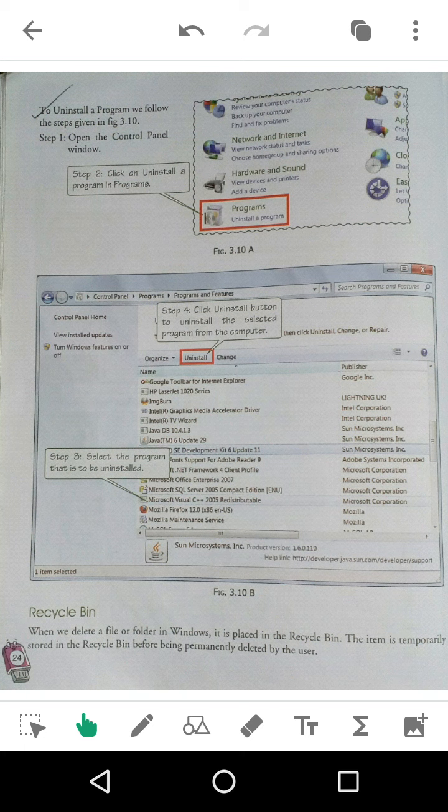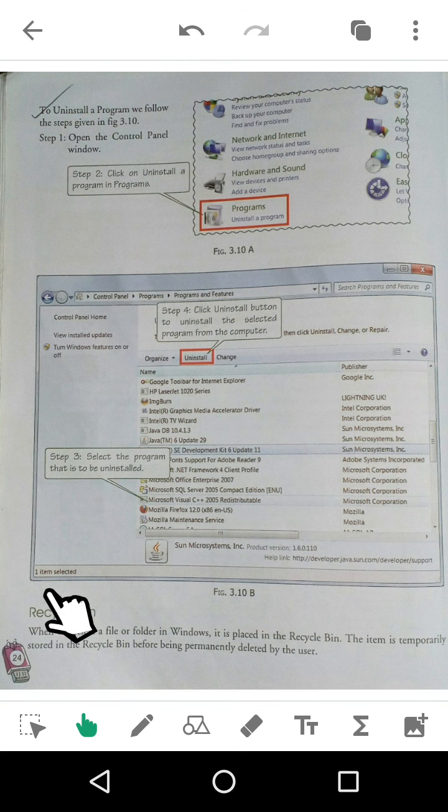Sometimes it's necessary, sometimes it's not. If you want to install an update to replace the previous, non-updated version, sometimes it's necessary. So, first of all go to the control panel, then click on Programs, then Uninstall a program, select the program, click on Uninstall, and your program will be uninstalled.